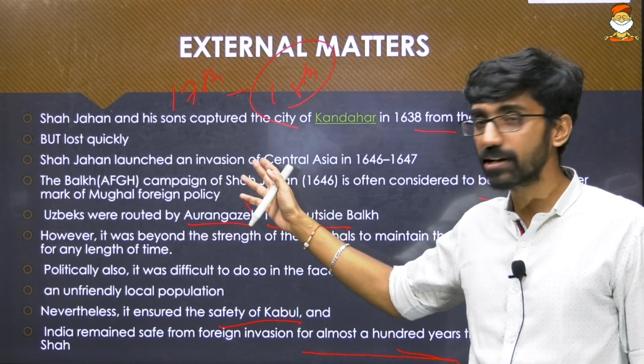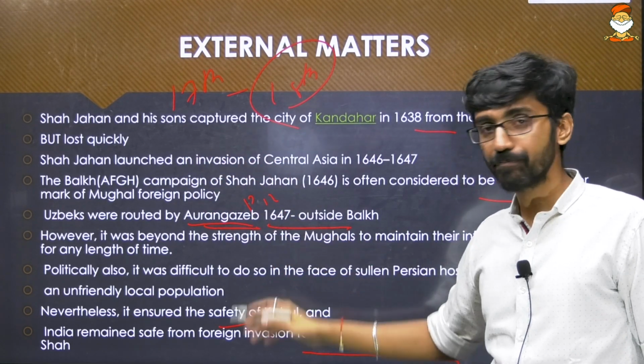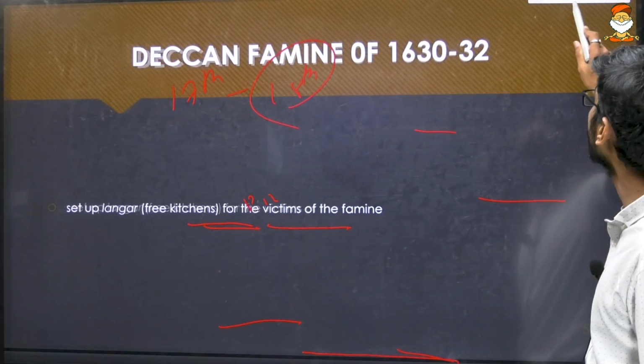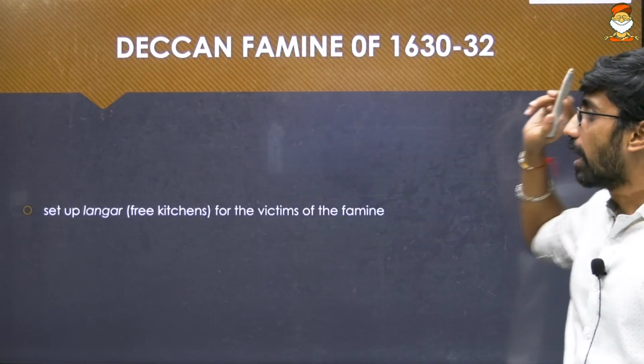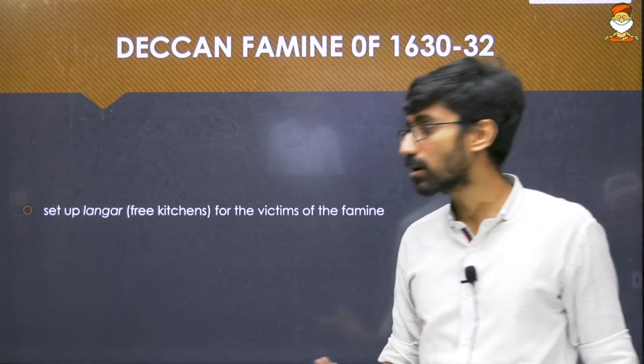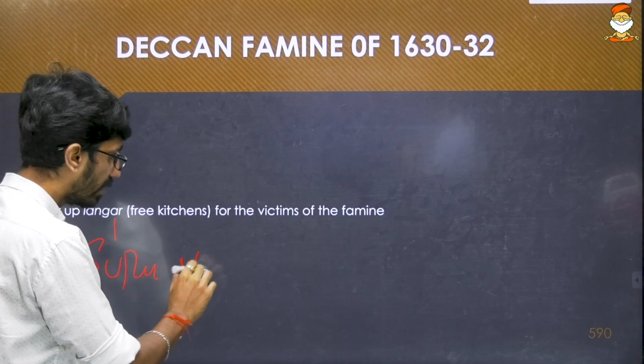Okay, so of course, Afghanistan was controlled by Shah Jahan with the help of Aurangzeb. Aurangzeb was the prince. Now the Deccan famine of 1632 happened, and he set up Langar Khana, that is free kitchens, which was started by Guru Nanak. The Langar Khana is a concept started by Guru Nanak to end